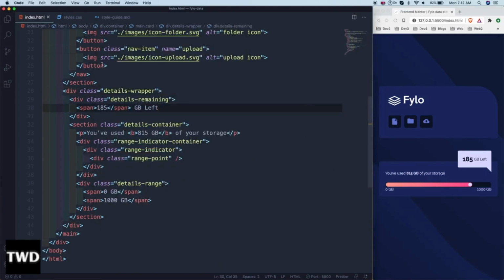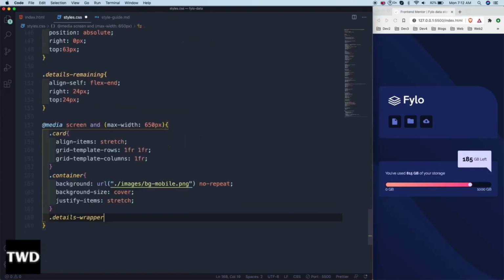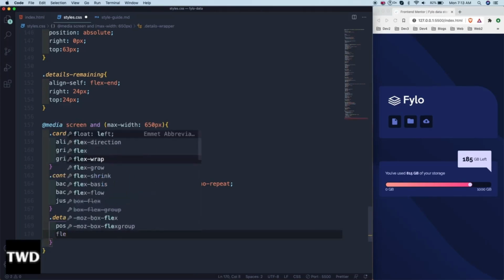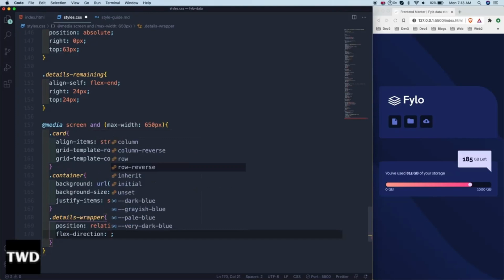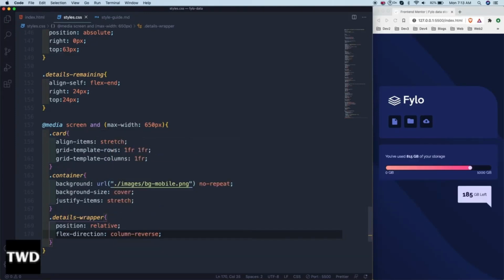So let me go here and first target the details wrapper itself, and we'll make the position relative, so that on a child we can do that absolute thing which we want to do. Now flex direction is column reverse. See, column reverse only, it makes it hang, so the reverse is working. And then